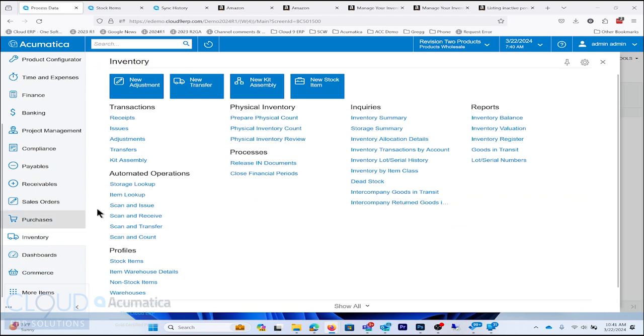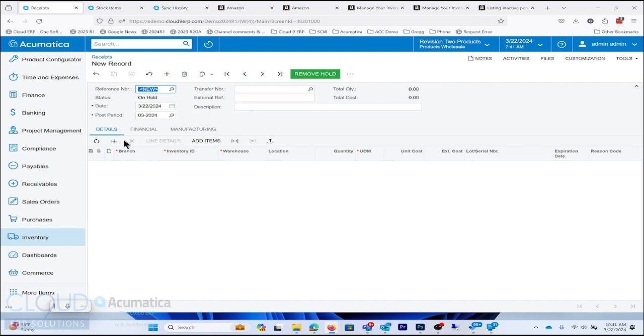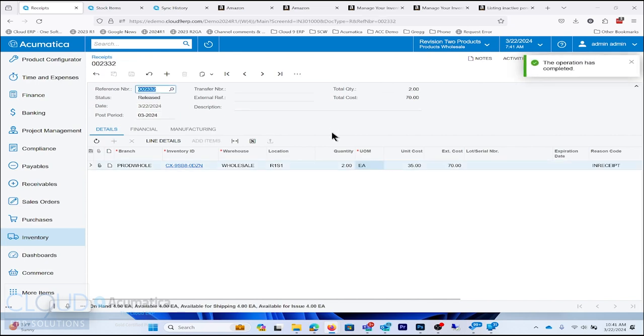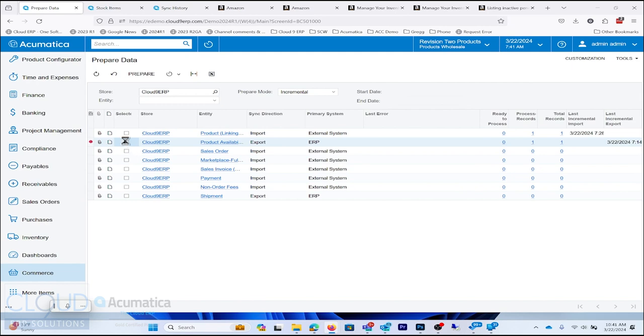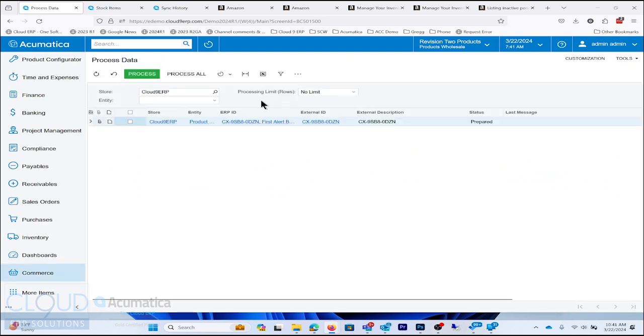Now, if we go to inventory and we create a new record for receipts, and we add our item, and let's say we put a couple in stock, we remove the hold, release, and then we go back to prepare data, and we'll check off product availability, and we'll click prepare, and you could see ready to process. You already have a quantity 1 there. If we go over to process data, you can see the record that it wants to process for the update